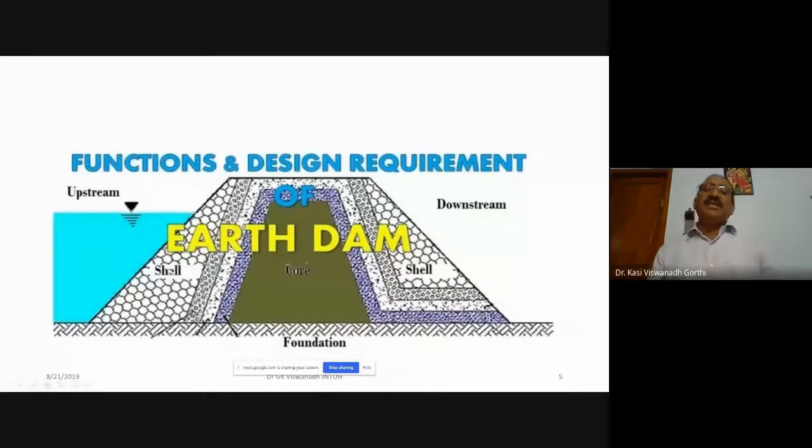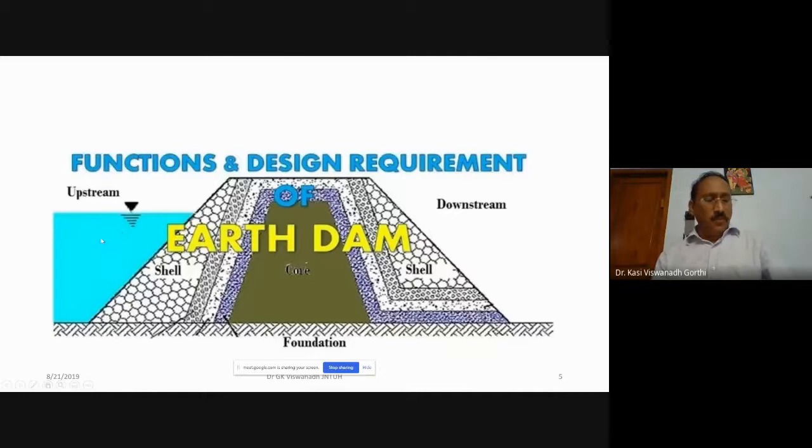Whereas in the case of a gravity dam, on the upstream side, you may have a slope, or it may be a vertical face also. That is possible only because we may be using a material for a gravity dam like concrete, where a vertical face can be directly constructed. But for an earth dam, it is not possible because everything is formed in the form of layers, one over the other. Once the dam is constructed, on the upstream side, you have the formation of the reservoir.